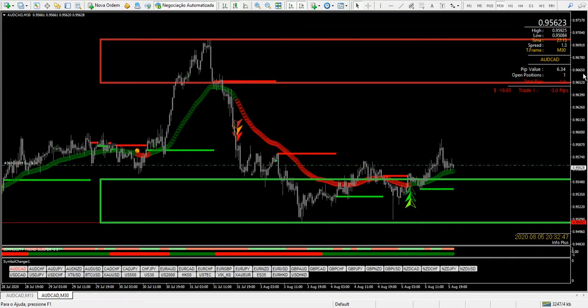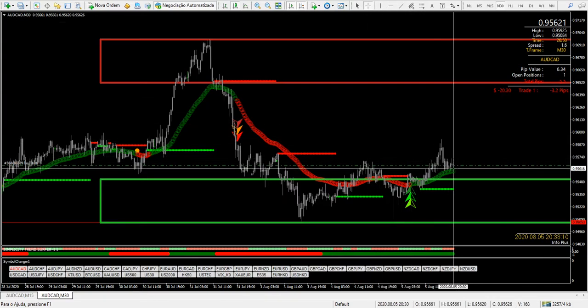Well, if all the conditions matched, now we have to calculate our lot size. And how do you do that? Well, it's easy. It's 1% of our account. How do we calculate 1% trade size for this trade? You get this cross button, go to the move, go below, if it's a buy signal, go below the green area, below, not inside, not up, below the green area,